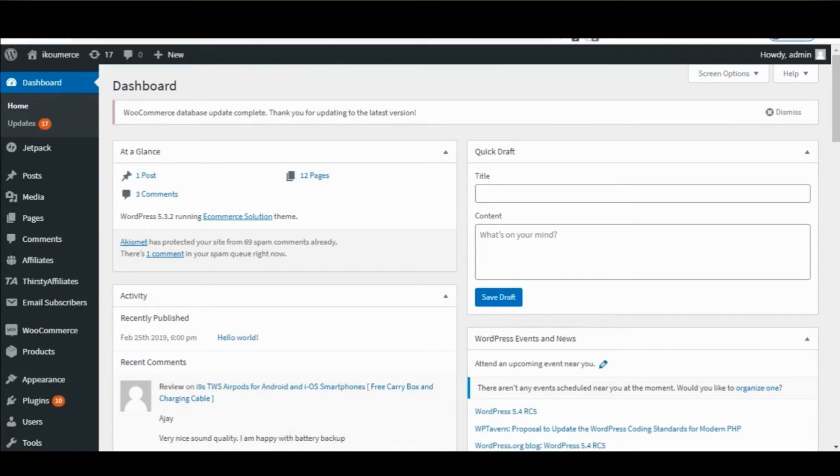In this tutorial, we will learn how to add products to your WooCommerce store. If you want to run an e-commerce store, then WooCommerce can be very useful for you. There are various other plugins that you can use, but I prefer WooCommerce. WooCommerce provides you a lot of features through which you can easily run your e-commerce store, and most of the features are free, but if you are looking for some specific features, then you will have to pay for it. So today in this tutorial I am going to tell you how you can add products to your e-commerce store.